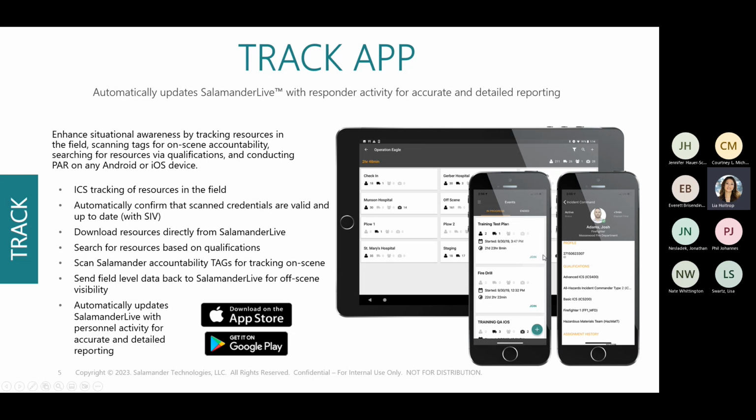So in this case, this is you using all your applications. Before, it was just standalone. If you didn't have Track, but you had Rapid Tag, that's how you would manage that. But if you're also using the Track app with your Rapid Tag, it allows you to combine the two together. Okay. So once you're joined into an event, the Track app allows you to scan any Salamander credential, including